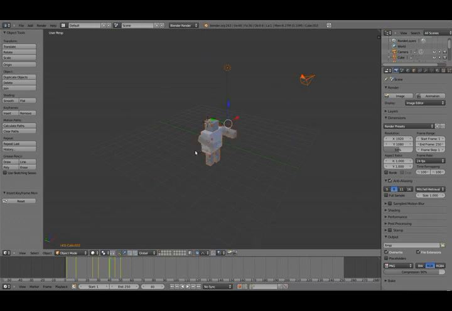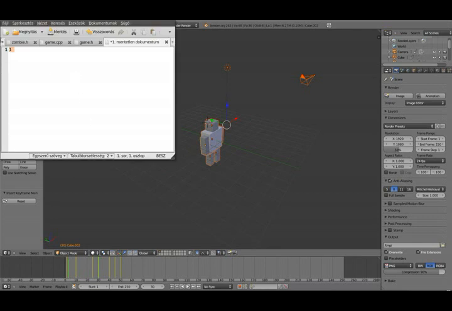Okay, so probably I should have written down how many frames it was. So the walking is, actually we don't have the normal animation anymore. What did I do here? Never mind. So there's 30. Perfect. So I write down that 30 frames is the walking, and then 20 frames is the attack, and now